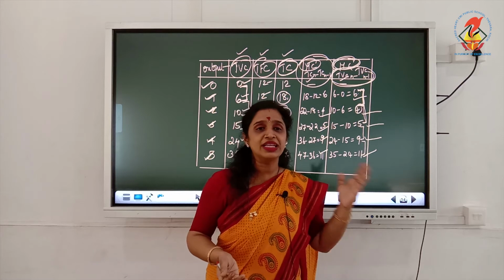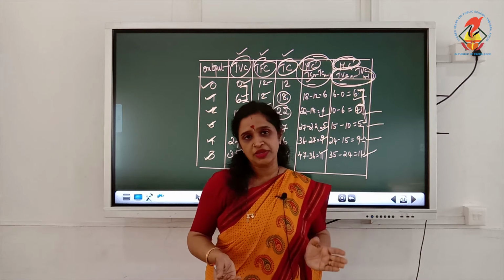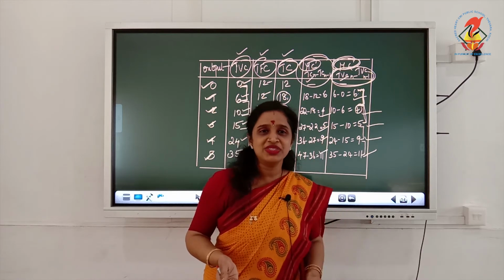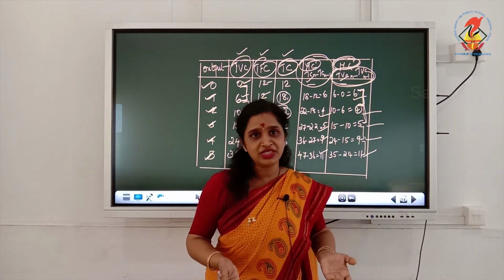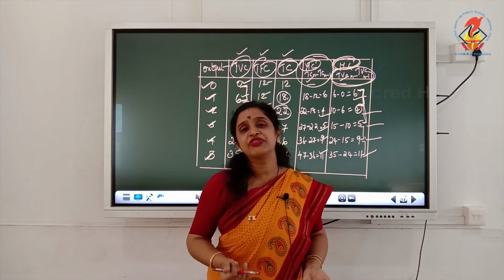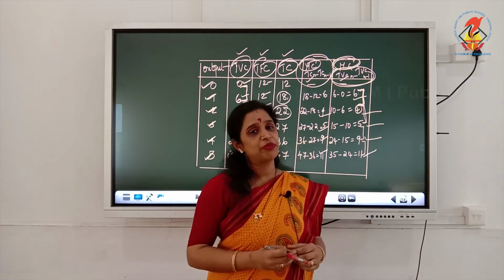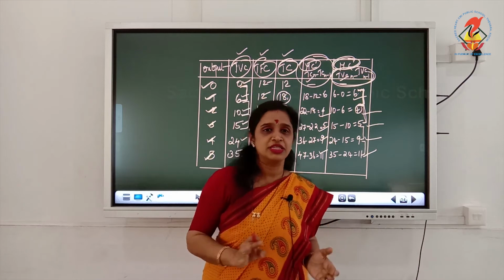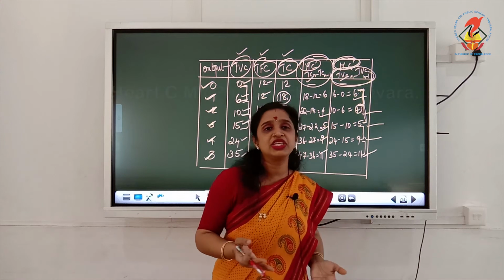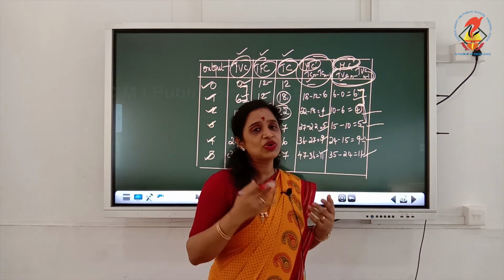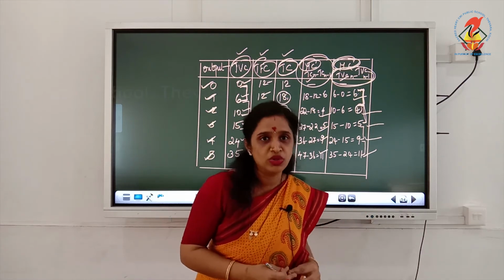For example, TC plus TVC plus TFC, you will get TC. From TC you can find out MC, AC, and from the existing TVC you can find out AVC. So it is very easy for you to find out all other values if you learn only one particular table, that is the table of TVC. Similarly, you can find out the values of AFC with the help of TFC, isn't it? So learn only one particular value, and the rest of the values you can calculate on your own.